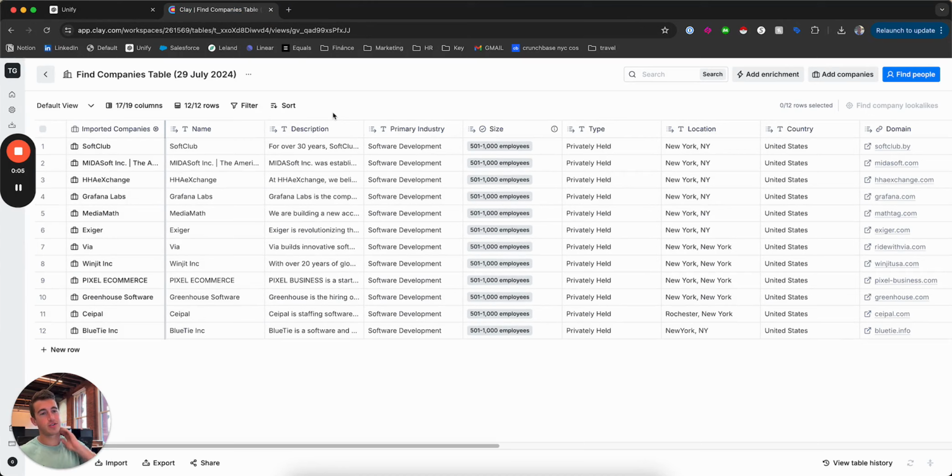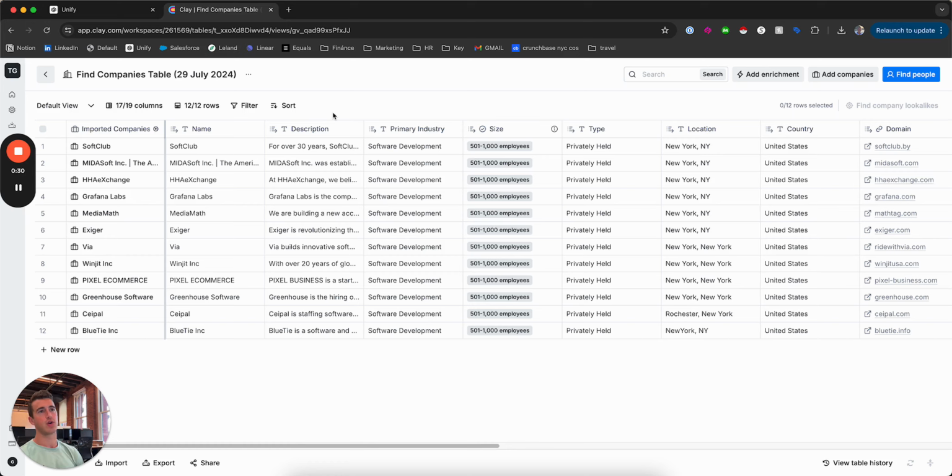Hey guys, so today I wanted to share a little bit on how users of Unify can get some value out of Clay as well for some list building. Or if you're a user of Clay, how you can take some of the data that you create in Clay using tables and bring it into Unify to really enhance the streamlined nature and fashion of our prospecting and sequencing